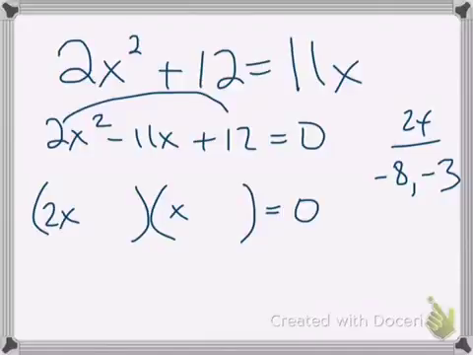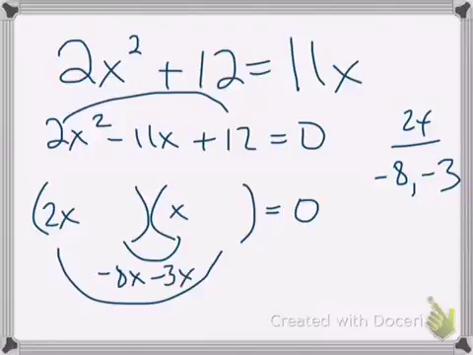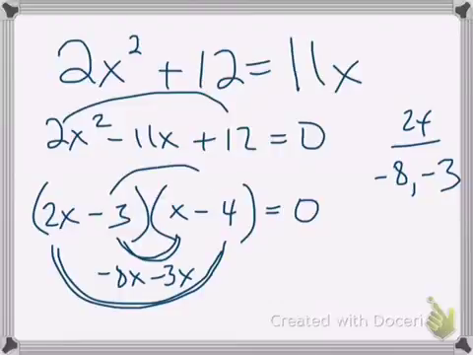2x and x are our only choices. So from those, we have to multiply here and get negative 8x minus 3x. Right? So that means we have to put negative 4 here, negative 3 here. That gives us negative 8x, negative 3x. Negative 3 times negative 4 is positive 12. So we're in great shape with our factorization. Okay? Now,